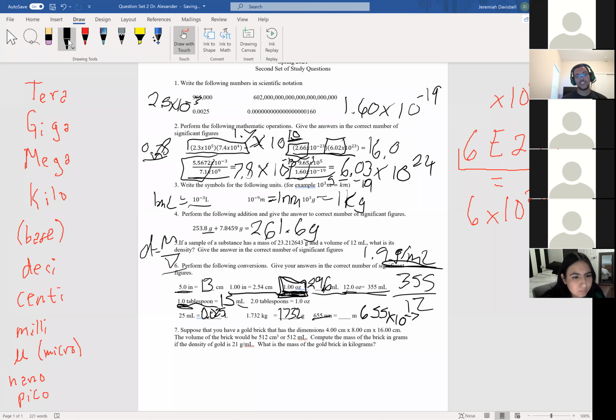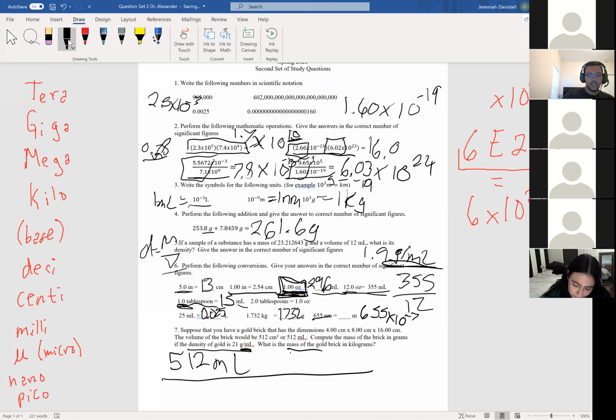So what's the question asking for actually? It wants the mass, right? Okay, so do we have any units that happen to have grams in it, since that's what we use for mass? The density of gold. Yeah, the density of gold, right? It has grams somewhere in there. And so for the density of gold, it has grams, but it also has milliliters in it, right? So what other information do we have that has milliliters in it? The volume. Okay, and so what's the volume? 512 milliliters. 512 milliliters, okay. And so we have 512 milliliters.